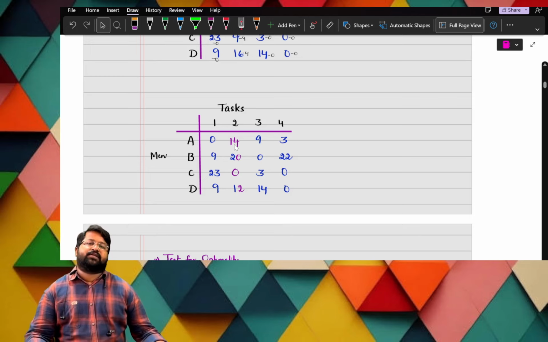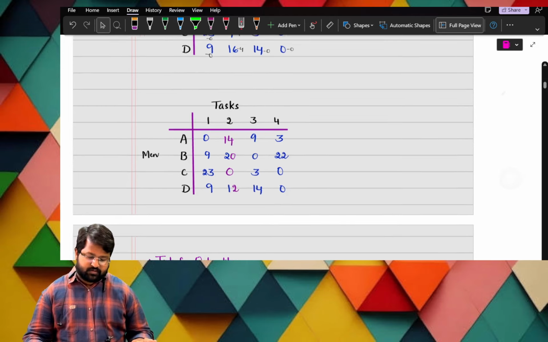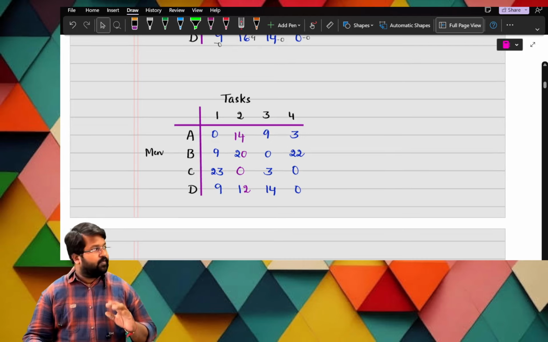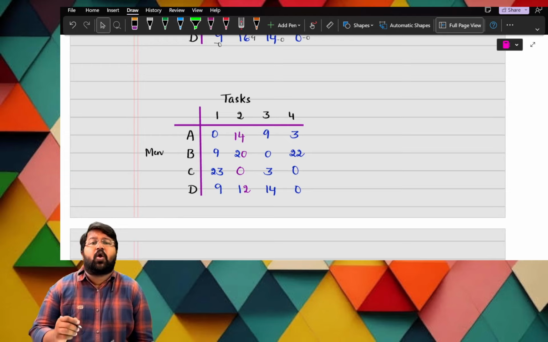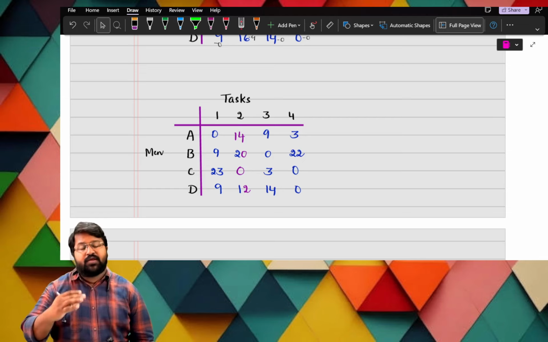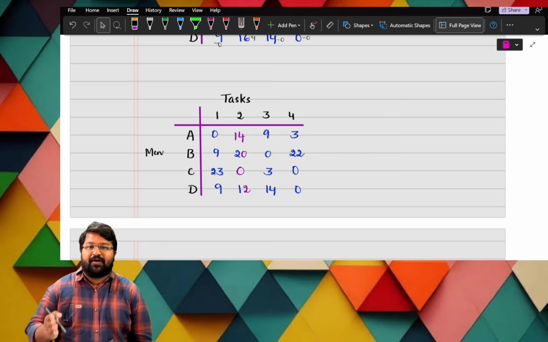So now what is the step? The step we need to follow here is... Okay, now, is it all visible? Is it okay? Now, this is the end result of my column operation. So now what I have to do? You have to check for optimality. If you go with the check for optimality and your check is done, then you are done with the problem.